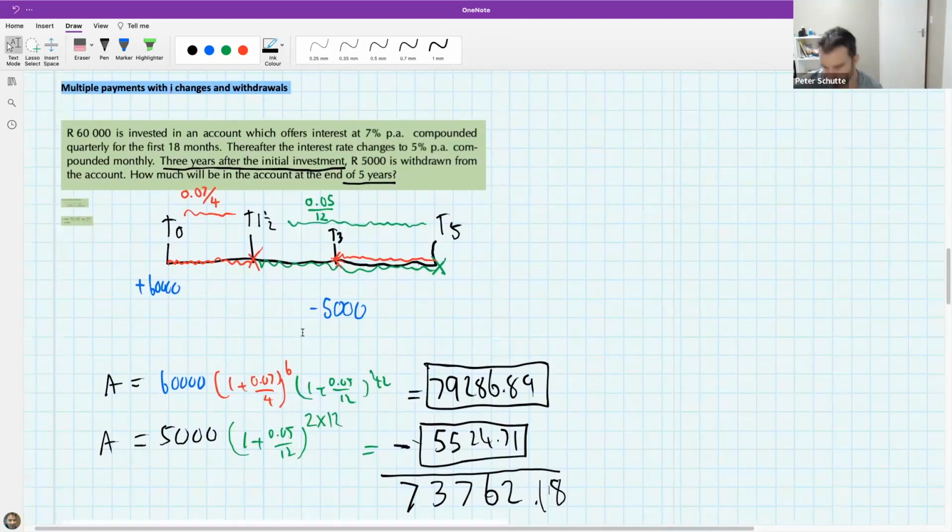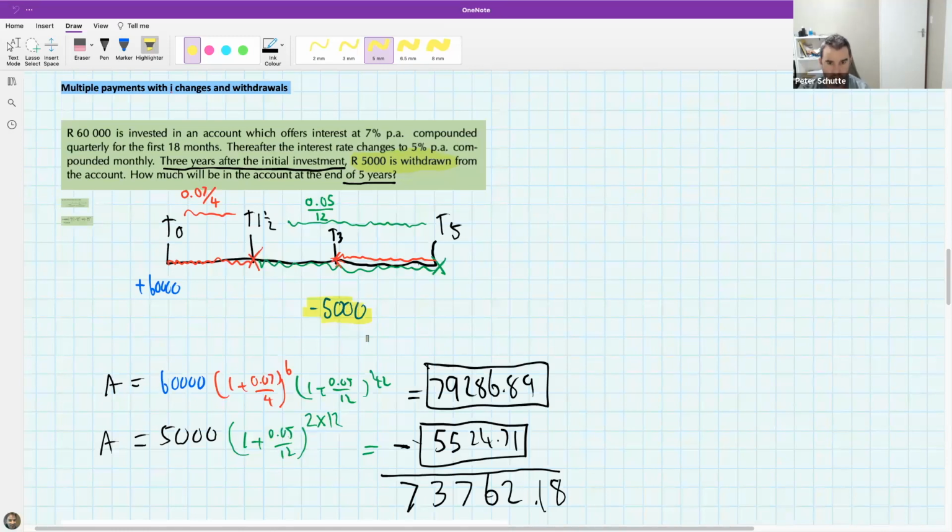So if you have to deal with withdrawals, what is the difference to before? There's not a lot of difference, but there is some difference. The first thing that you need to think about is when you put a withdrawal on your timeline, you don't put a plus there. What you do is you put a minus. And the reason you put a minus is that you want your brain to know that this is not an extra amount that's going in, this is a withdrawal. But you don't just take out the amount that you withdraw, because the easiest way to do this is assume that it never happened.